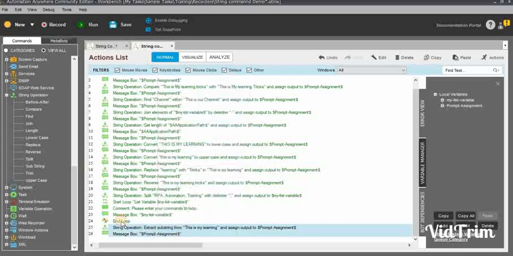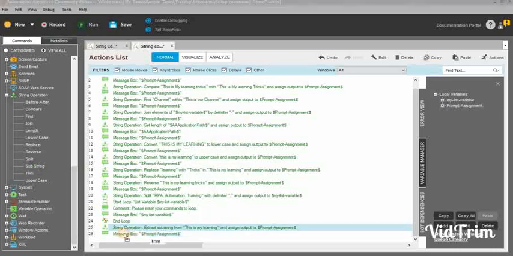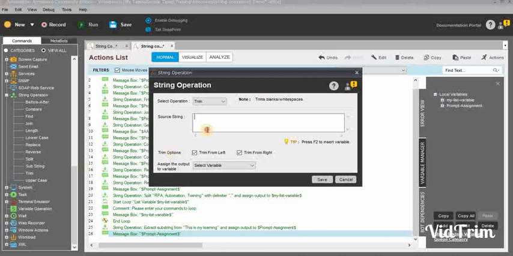So I'll disable this. How to use the trim concept. The trim function will help to remove unwanted spaces or blanks, any kind of things. So this is my learning. After that, intentionally I will put some space. You can see I have added 4 or 5 spaces over here, and I need to trim the unwanted space.